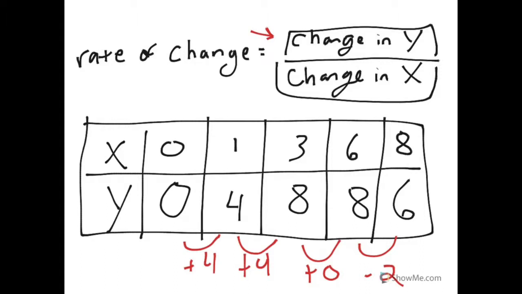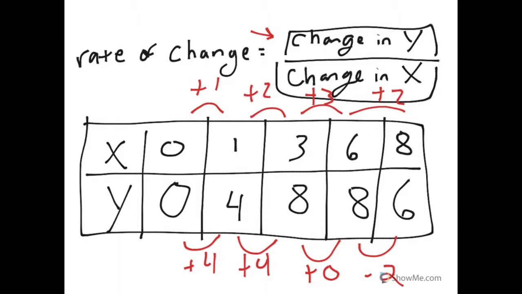Okay? Let's look up here. 0 to 1 is plus 1. 0 to 3 is plus 2. 3 to 6 is plus 3. 6 to 8 is plus 2. Okay, now if we find the ratio,